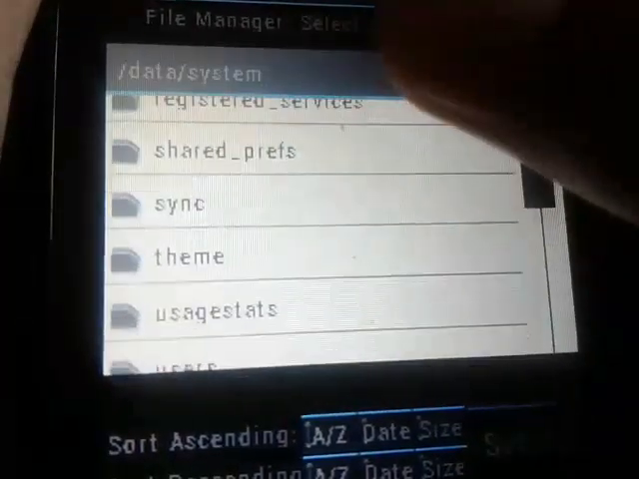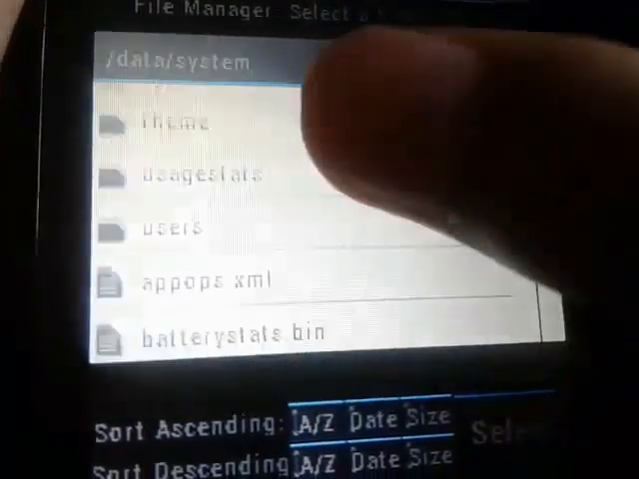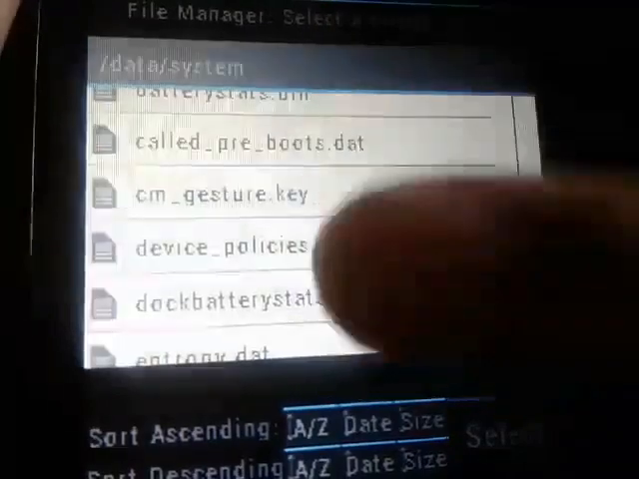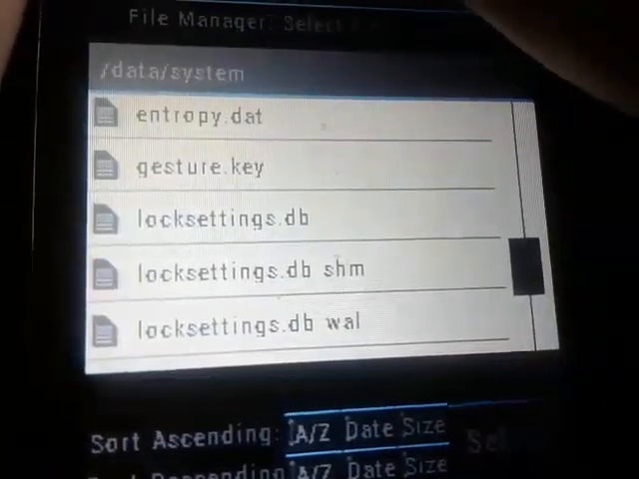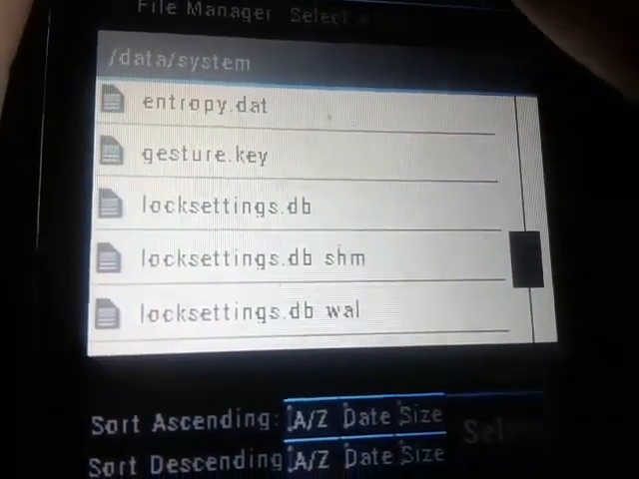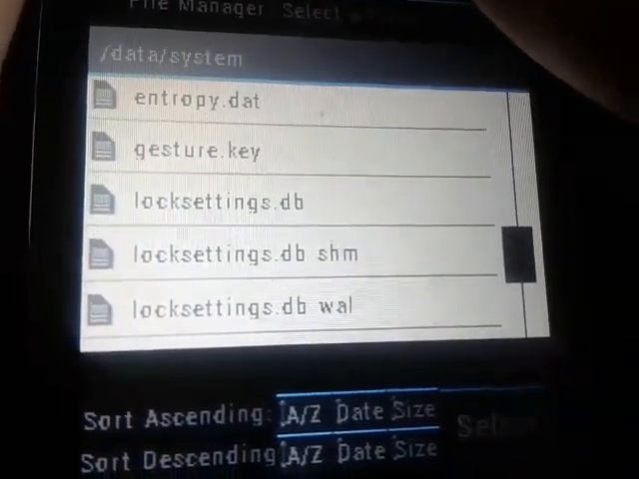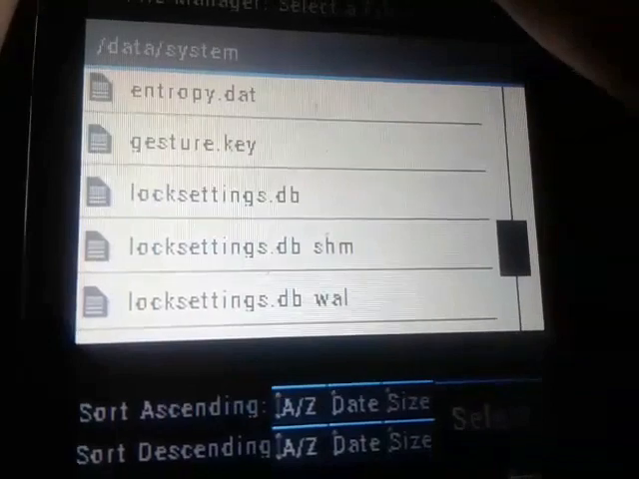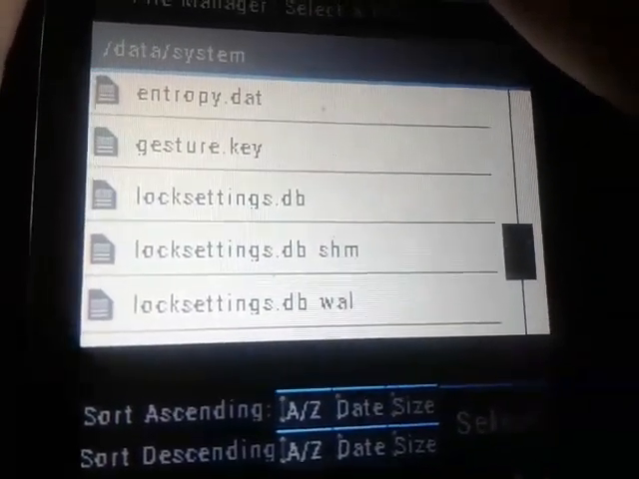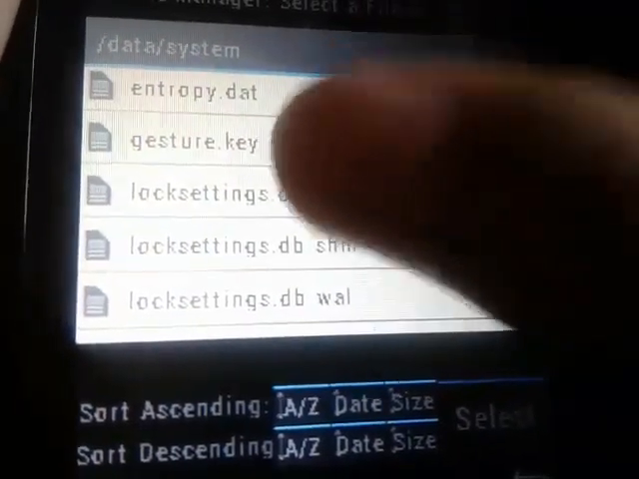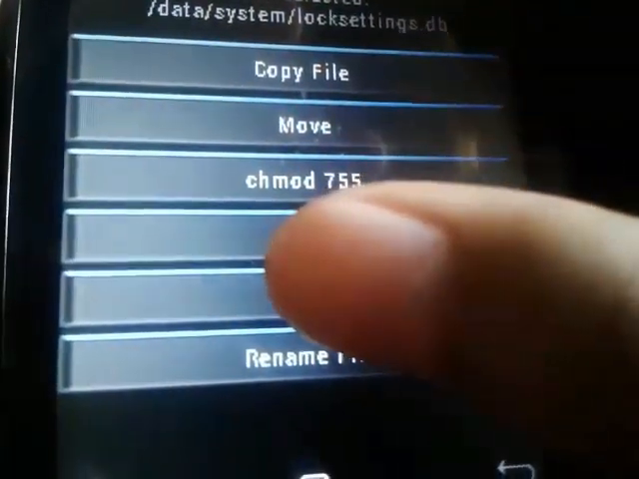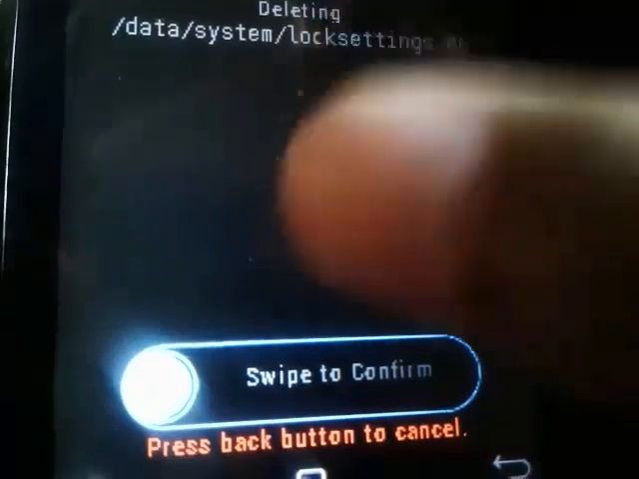Now we are on the system folder, and you need to find these three files. You need to find locksettings.db, locksettings.db-shm, and locksettings.db-wal. You just need to delete those three files. Delete, swipe, okay, back,